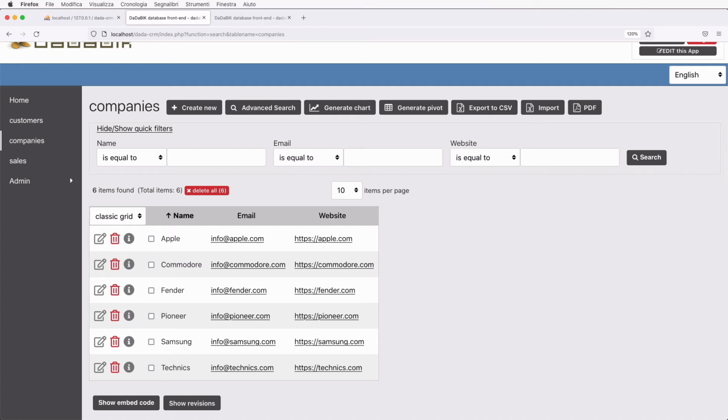Also, during the import process, remember that all the operations that DaDaBIK normally does during a standard insert process are executed. For example, the values are validated. If I have an email in my Excel file that is not a valid email, I get an error during the import process. And finally, don't forget that DaDaBIK allows Excel and CSV